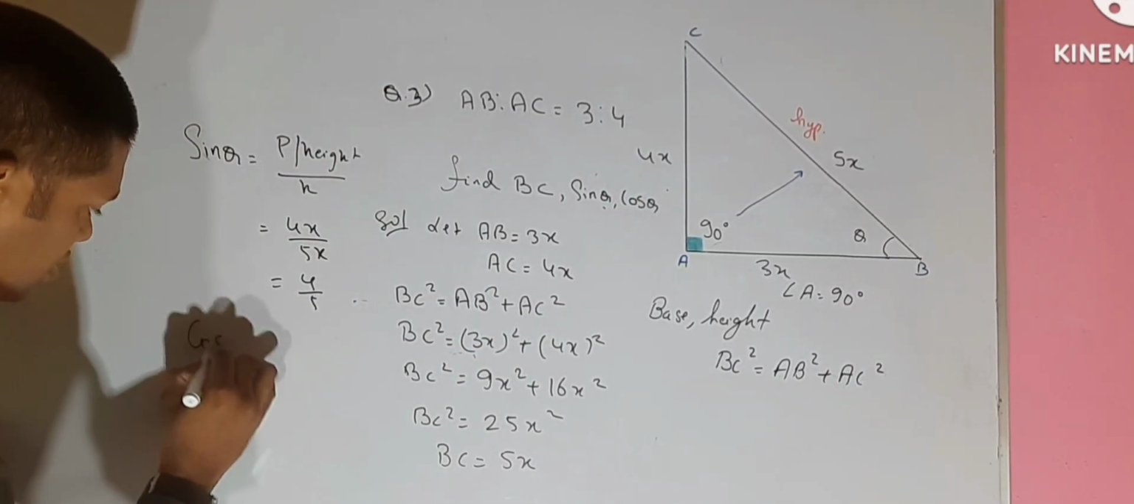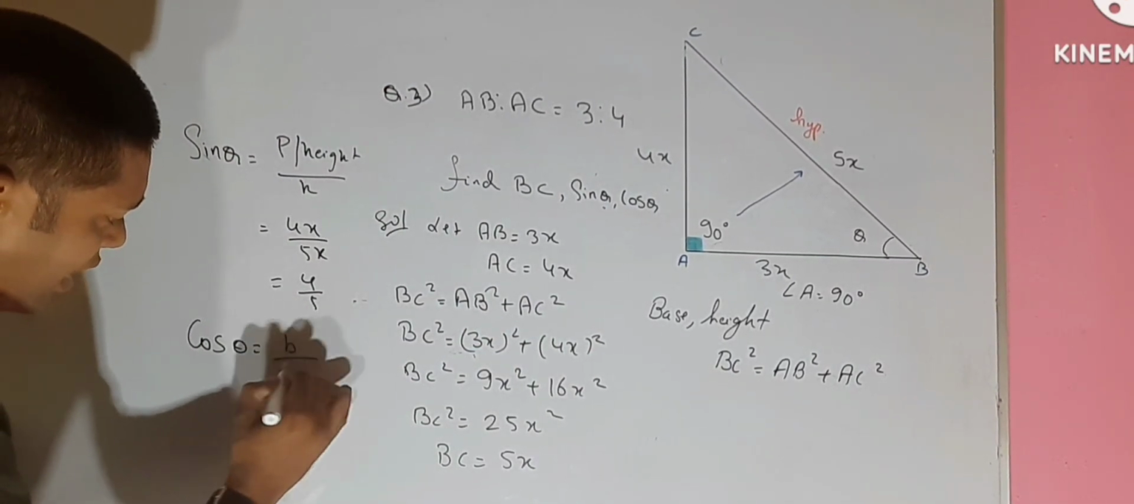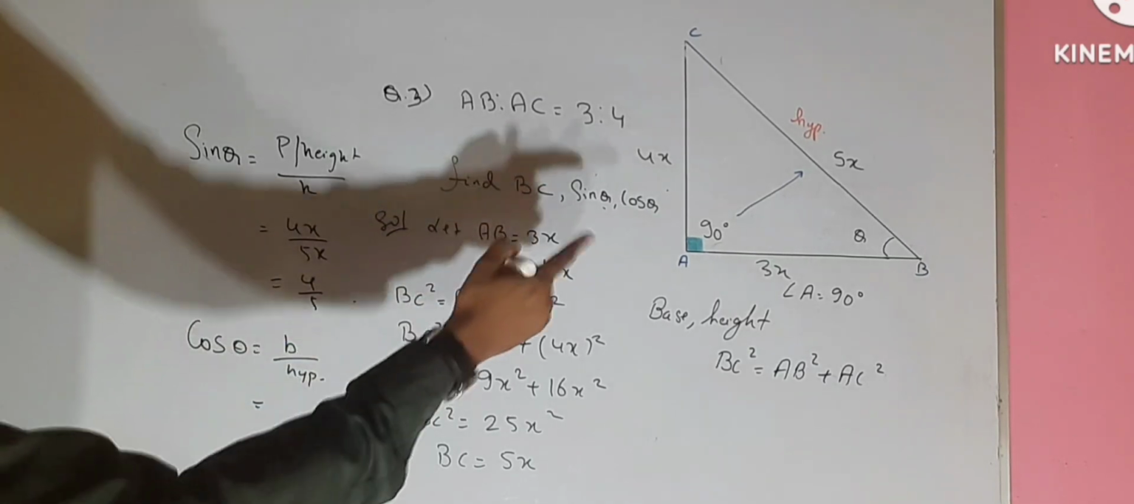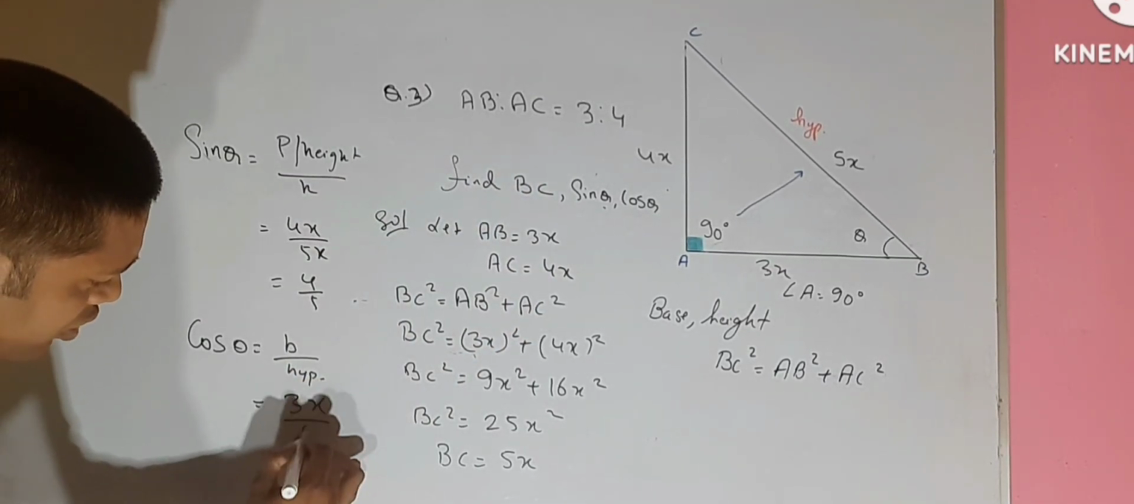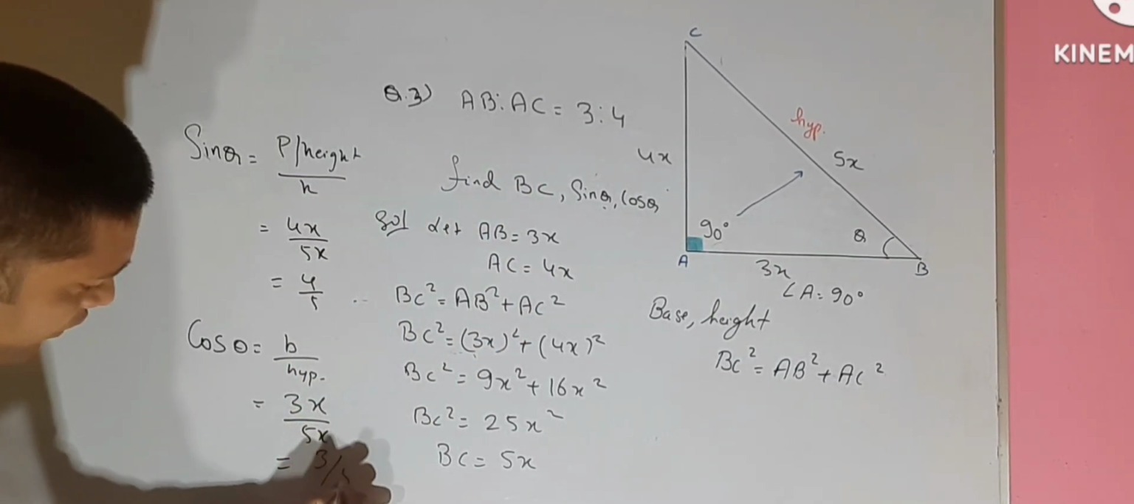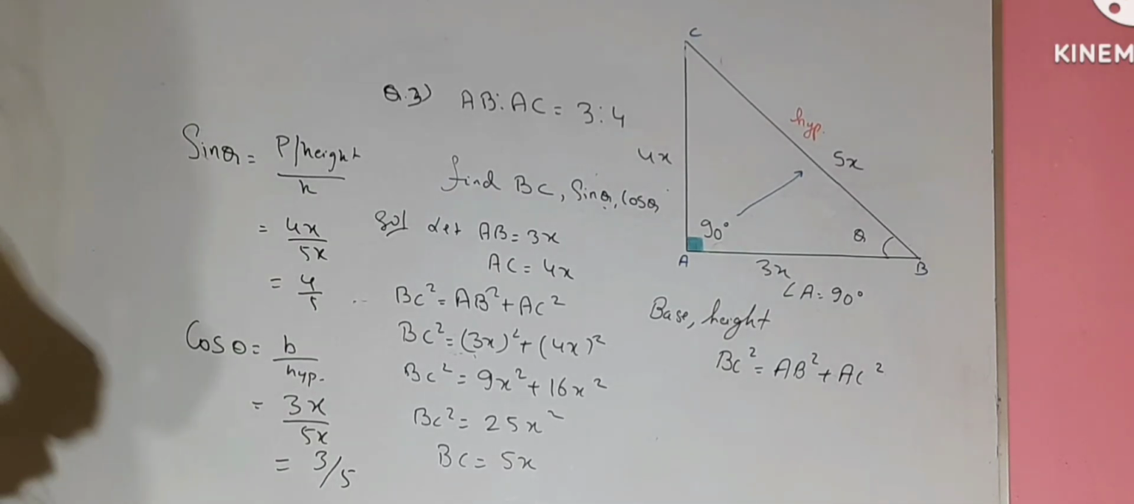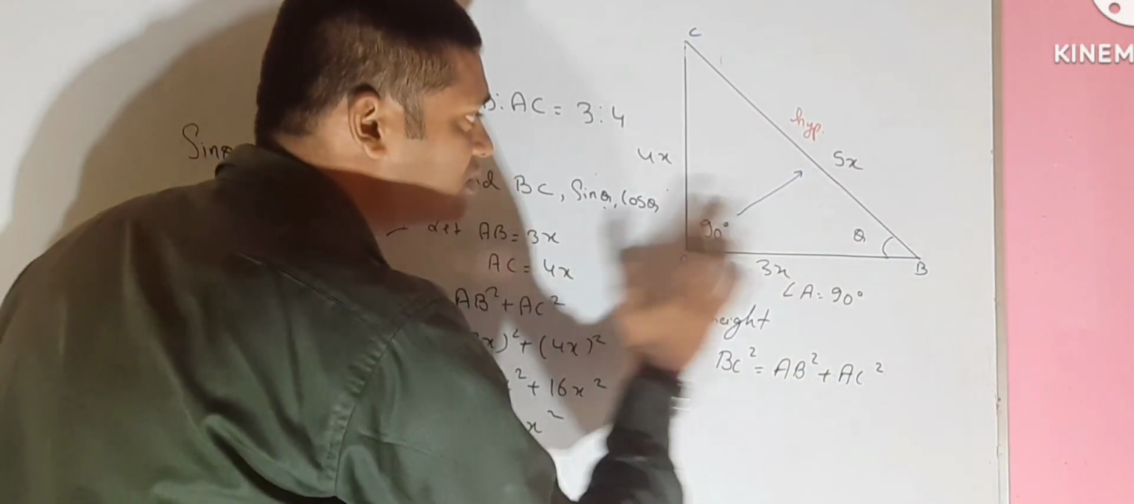So cos theta is equal to what? Base by hypotenuse. Okay, so base is how much? 3x. Sir, hypotenuse is 5x. So what will the answer be? 3 by 5. Whatever values they are asking, if you know these 3 values,